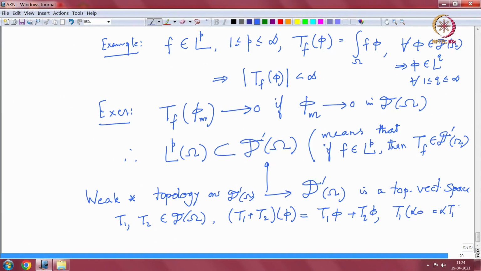Alpha phi, T of alpha phi, is equal to alpha T of phi, and this is true for all alpha real. So, this is the linear structure, and the weak star topology. We need a definition probably. The weak star topology, the definition is,